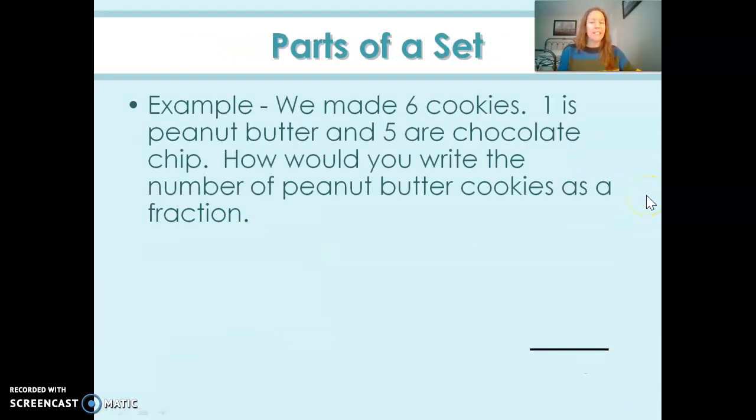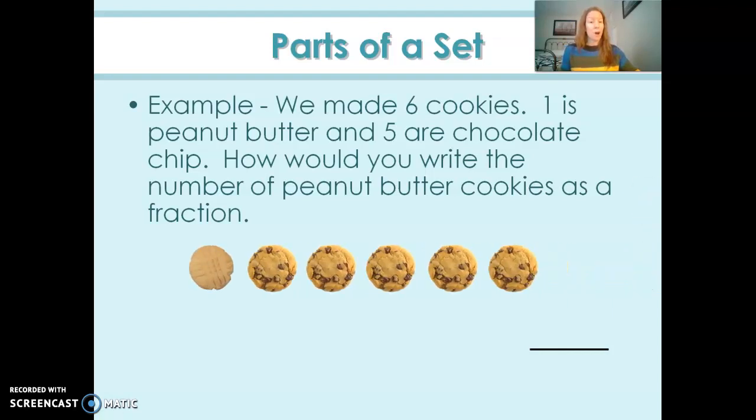Parts of a set. So for an example, we made 6 cookies. 1 is peanut butter and 5 are chocolate chip. That's my favorite kind of cookie. How would you write the number of peanut butter cookies as a fraction? Okay, so do you remember how many peanut butter cookies there are? There's just 1 peanut butter cookie. So